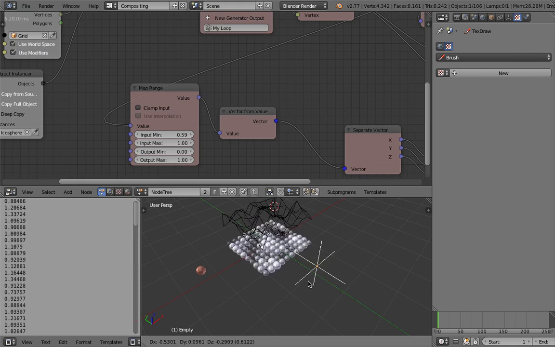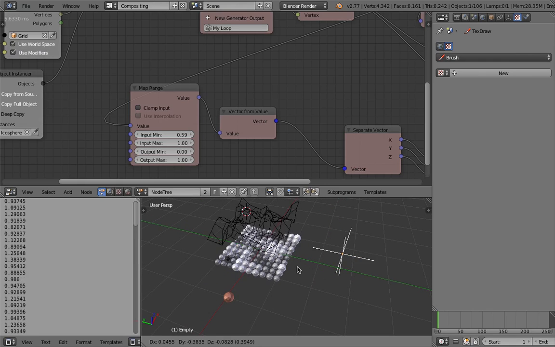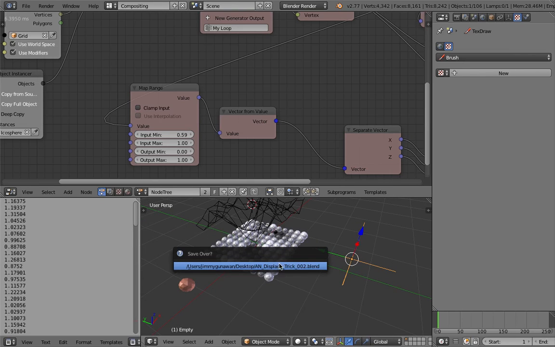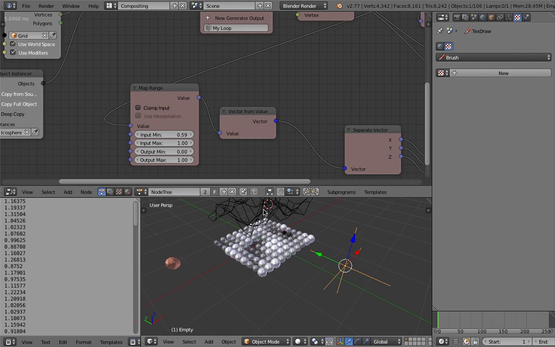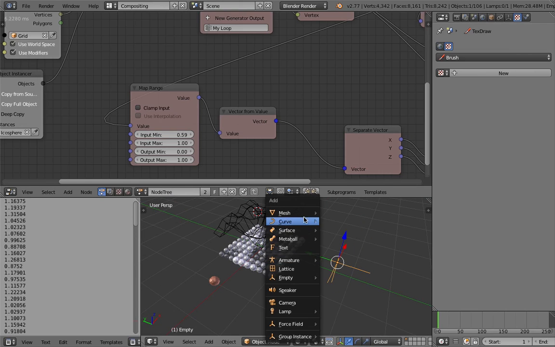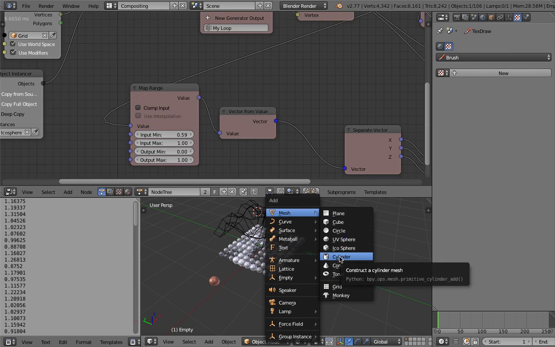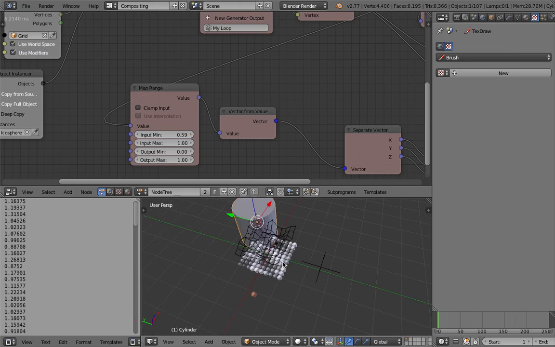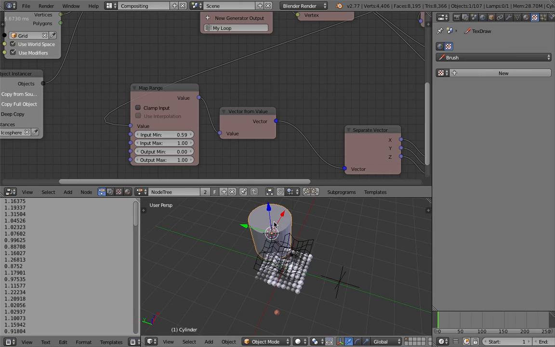With sphere, sphere is cool. Sometimes you want to use cylinder. With cylinder, you can have a scale to control the height of the cylinder. So maybe I should do that. Cylinder has a lot of vertices.